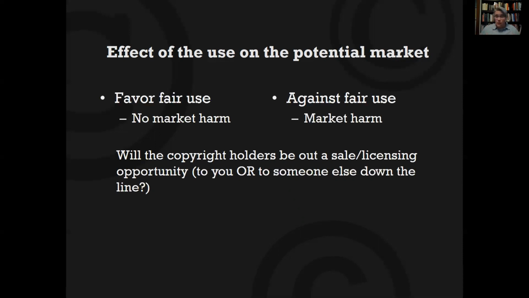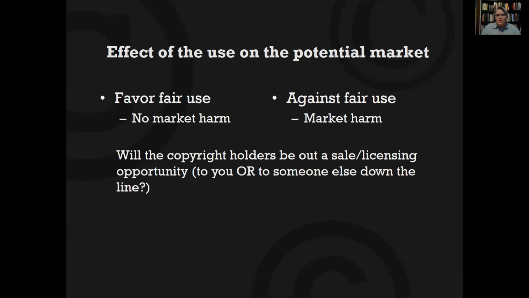But if you've worked with the Copyright Clearance Center at all, or any kind of course permissions, you will know that there may sometimes be licenses sold to copy materials, even from out of print books. So sometimes this one can be a little bit hard to understand what the full potential market is. If you are working with something that is currently being sold, or where you can currently go and ask them for permission and pay, it may be less likely to be fair use.